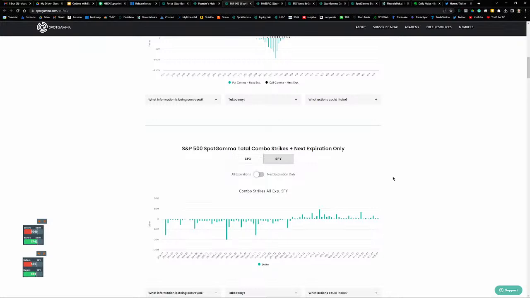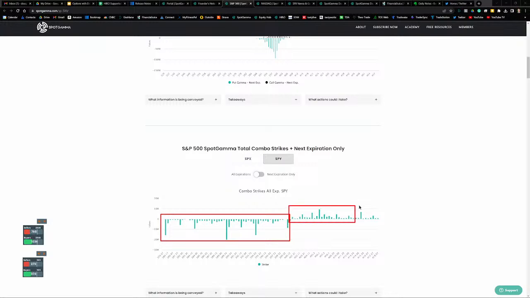Here's SPY. Same thing. Right around here is the 400 level. There it is. Put gamma, negative gamma below. Call gamma, positive gamma above. But the put gamma clearly dominates. And then finally,